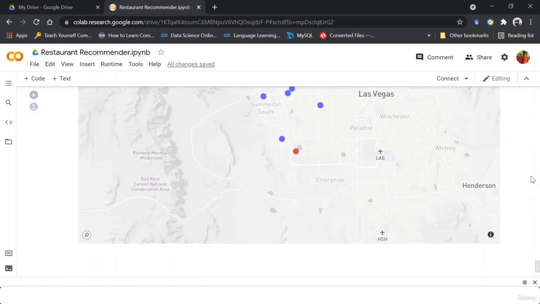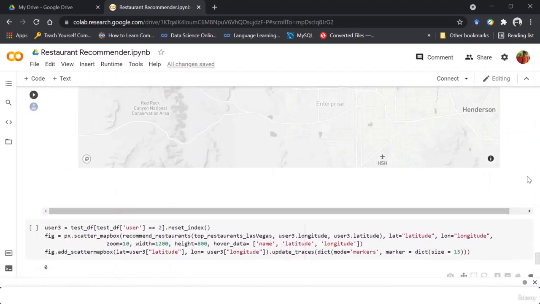So with this, we can say that we have finished the location based recommendation system. But one thing to keep in mind is that we have just used Las Vegas, a subpart of the actual data set, and now we are just predicting which restaurant might be the preference if the user is giving me this location. Maybe rather than just taking Las Vegas, you can use the whole data set.